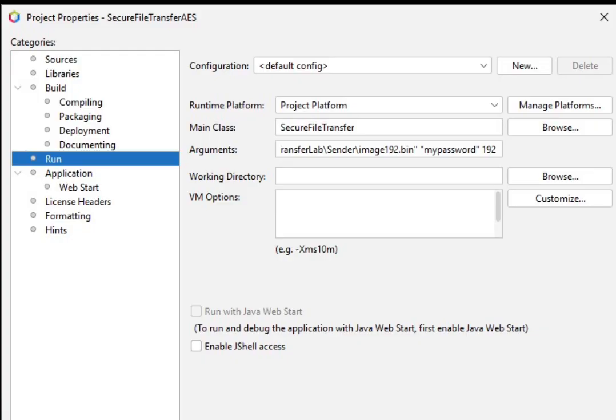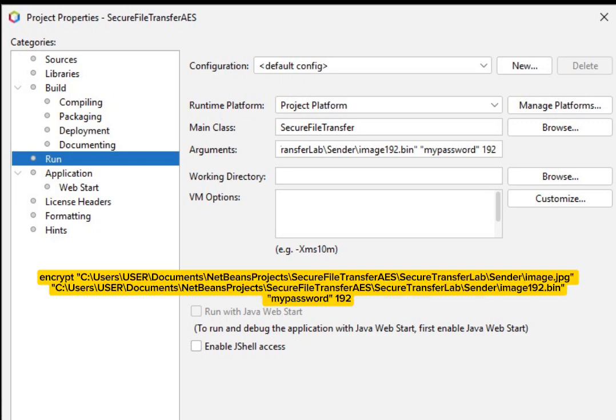So for the encryption process, we have to right click the main project, which is secure transfer AES. Right click, go to properties, and then go to run, and then in the argument we have to type in encrypt, the input file, which is the full address of your image file, and then the output file, which is